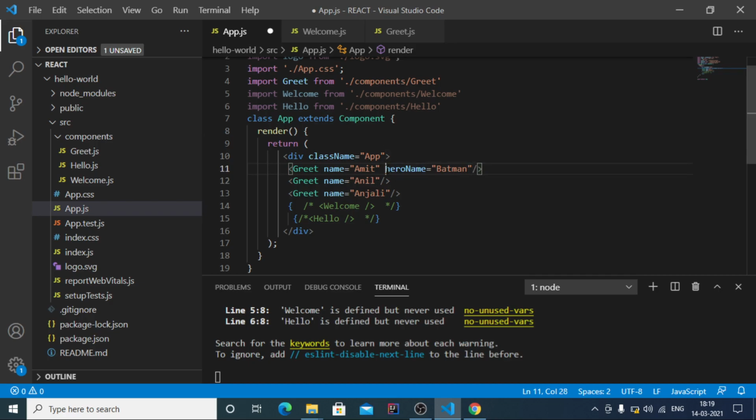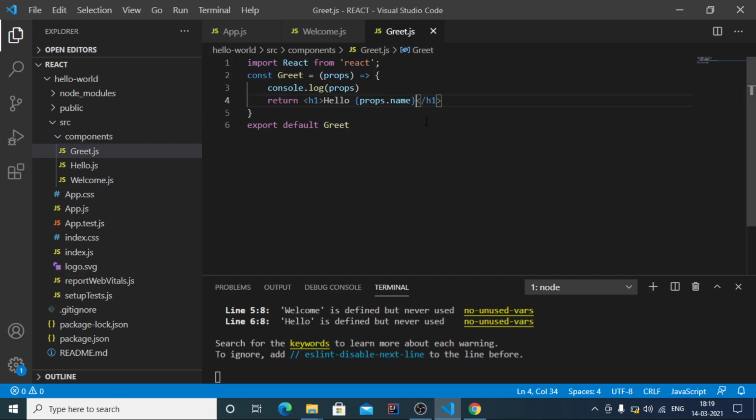And similarly we have to write the hero name attribute for the second and third greet tag. For Anil, let it be Superman. Similarly for the third greet tag, let the hero name be Wonder Woman. So save this file. As we have accessed the name attribute of the greet component, similarly we can also access